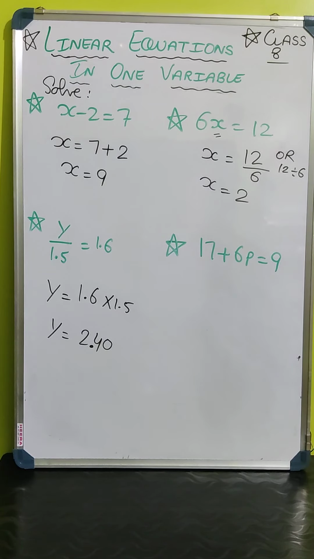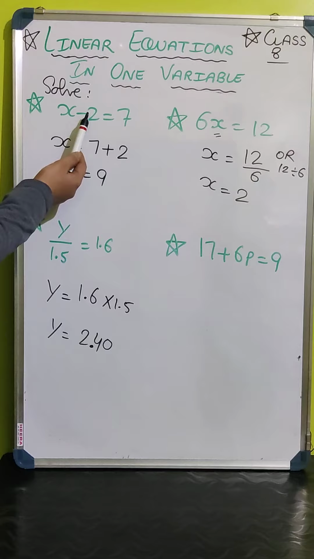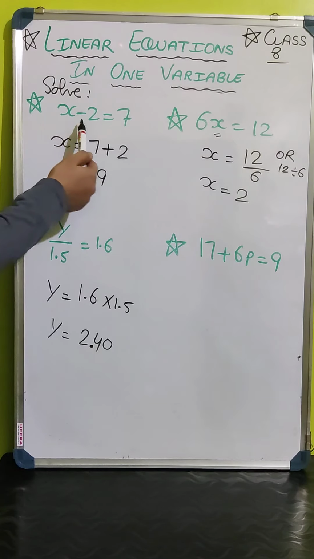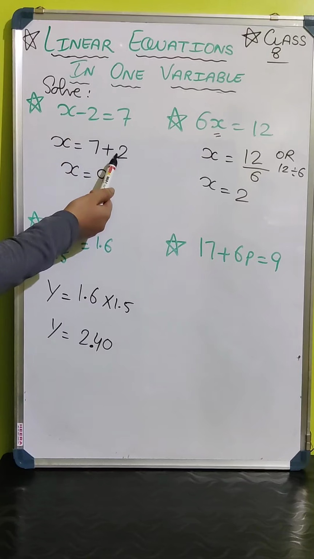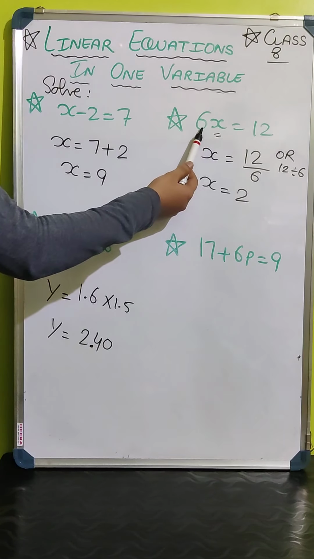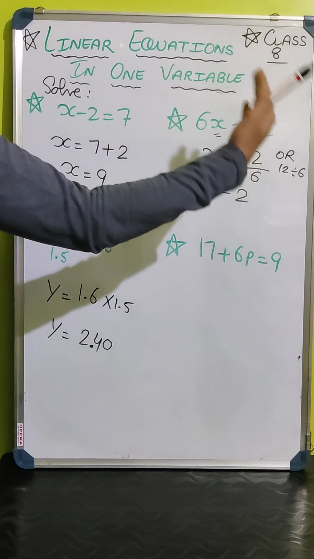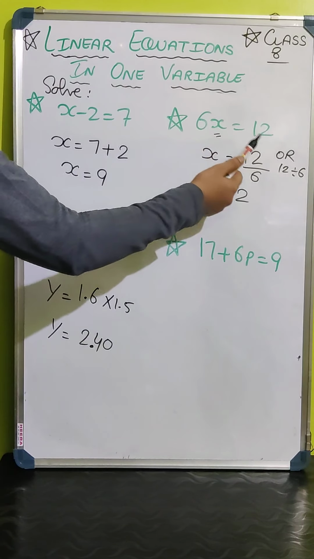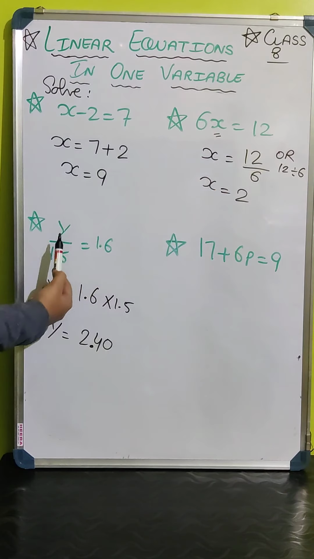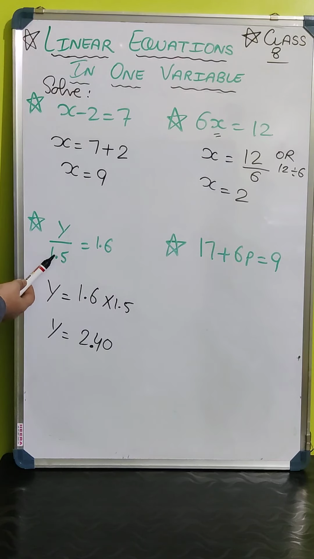From these 3 questions we have learned one thing, that whenever we have different operations, in the first question we had subtraction, so when we go to the right hand side, automatically it changes its sign. In the second example, I have taken multiplication. When it goes to the right hand side, just reverse. That means multiplication changes into division. And now comes the third type. Now in this third type, the division comes to the right hand side, so it converted into multiplication. Simple things are there, like subtraction, addition is also there.